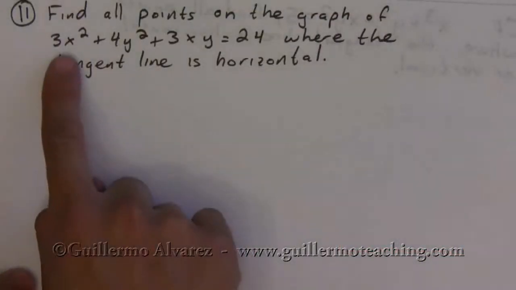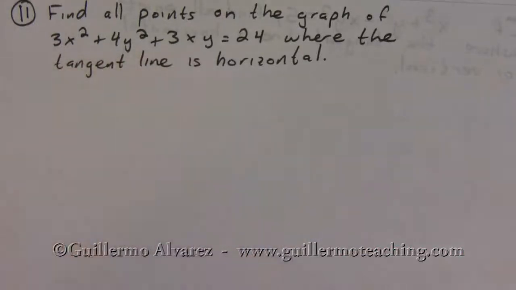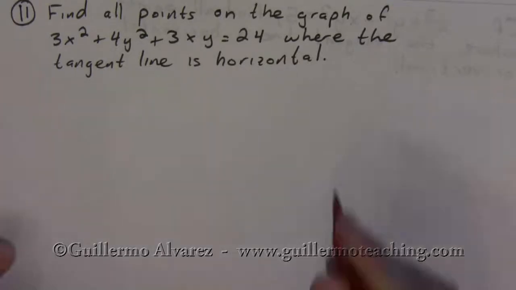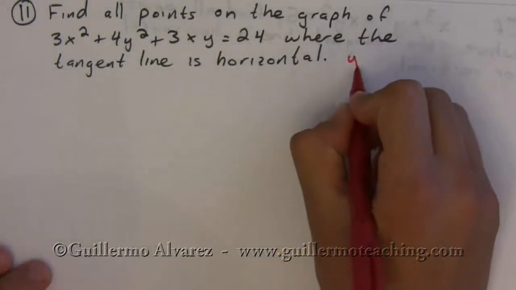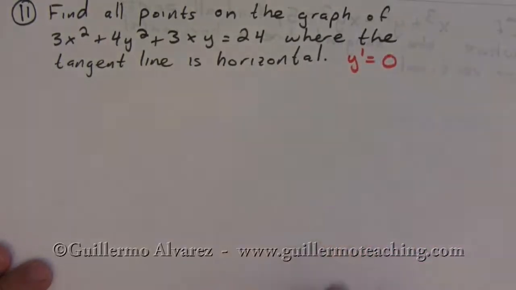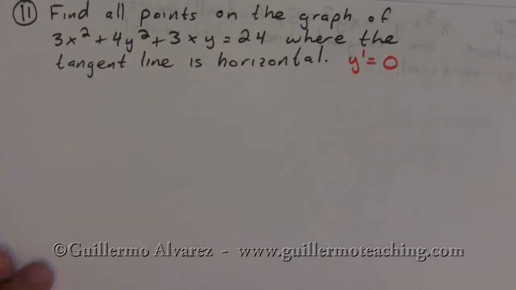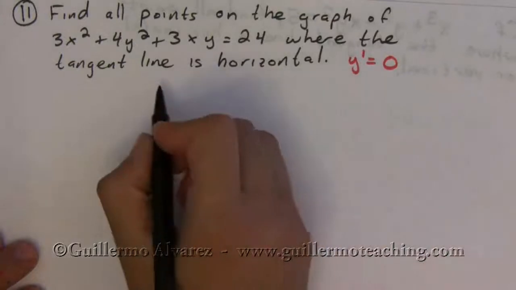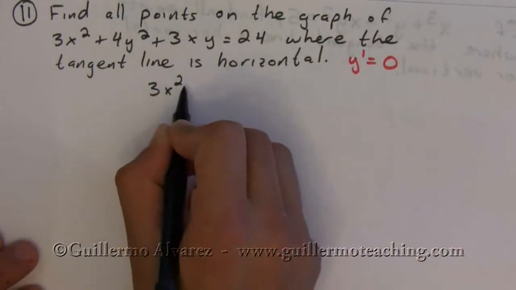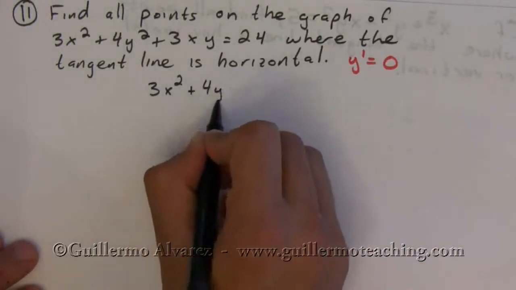Okay, so here we're trying to find all the points on this graph where the tangent line is horizontal. So what we're basically looking for is the places where the derivative is equal to 0. So this is a little tricky, but let's start off. So the first thing is, well, we know we need the derivative, so why don't we find that? Now this is an implicit equation, so